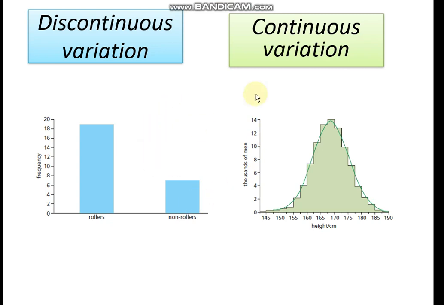Now when it comes to comparison, how do we compare continuous variation with discontinuous variation? In discontinuous variation, there is a clear-cut trait. Either it is there or it is not there. For continuous variation, there is no clear-cut trait. Instead, there is a range. Discontinuous variation is qualitative. Continuous is quantitative. And when it comes to graphical representation, discontinuous variation is represented by a bar graph, while continuous variation is represented by a histogram. Discontinuous variation is only controlled by few genes, while continuous variation is controlled by many genes.